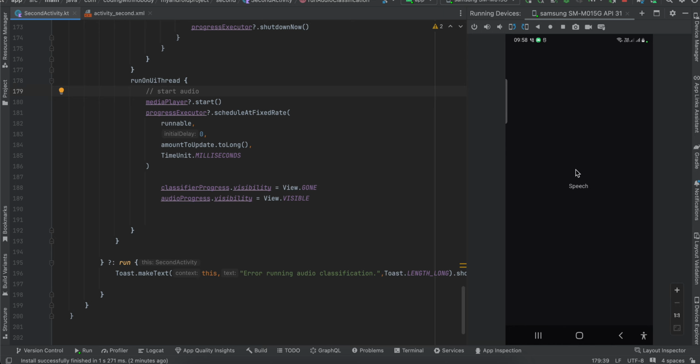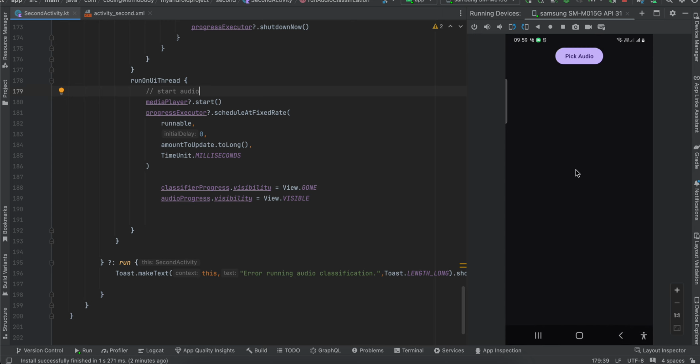So yeah, that is one. You can try it with different types of audio as well, but just to keep things simple, I am not trying it with different audio. As you can see, I'm doing speech, that's why it is able to recognize it. Now, as you would have seen, I stopped speaking and it was able to detect my heartbeats. So yeah, that's it. The next one which I will show you, I will just click on second activity,